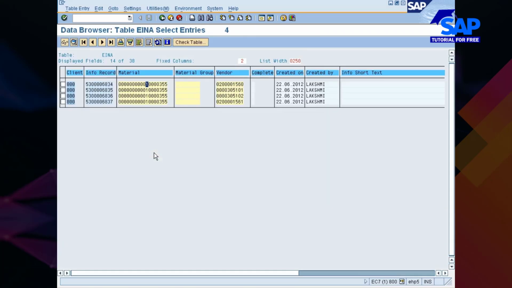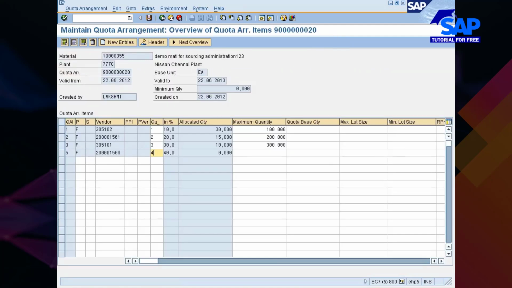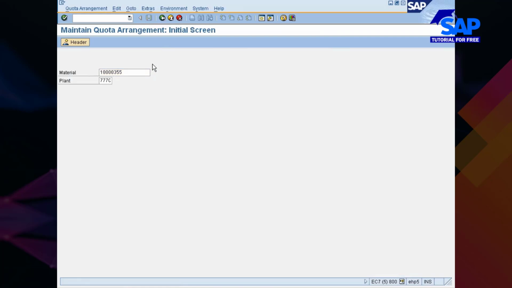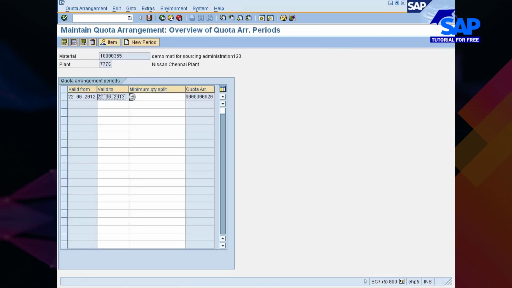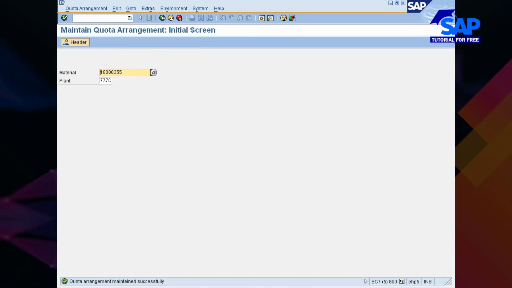Okay. So now let me just go and save this requisition. Even Sundarav's quota allocation quantity will get updated right now. Just go and hit it once again, double click it so that you could see here. Okay, so here it should be 400. Okay, so now